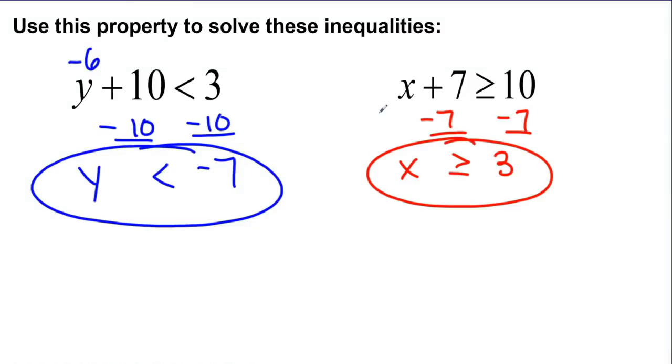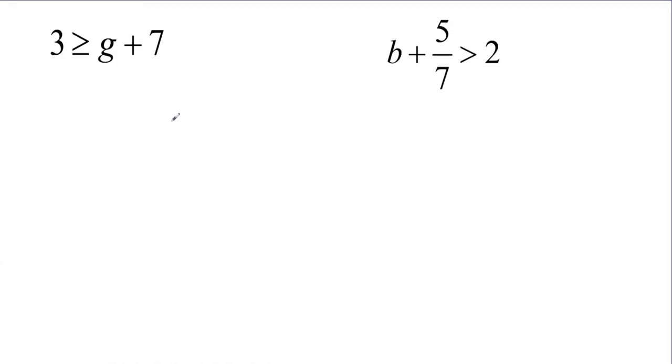So those solutions check out. A couple more. 3 is greater than or equal to g plus 7. So again, I want to get g alone, so I'm going to eliminate that constant by subtracting 7 from both sides. 3 minus 7 is negative 4, which is greater than g. So negative 4 is greater than, greater than or equal to,